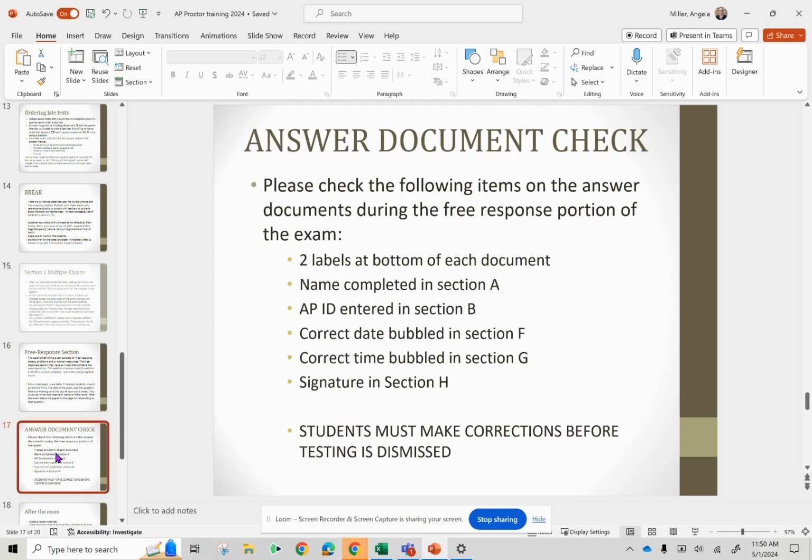Then when you are collecting answer documents, could you please make sure that there are 2 labels at the bottom of each document, that their name is completed in Section A, that their AP ID is entered in Section B, they have the correct date bubbled in Section F, the correct time bubbled in Section G, and a signature in Section H. And I'll have a copy of this so that you guys can double check that as you're collecting